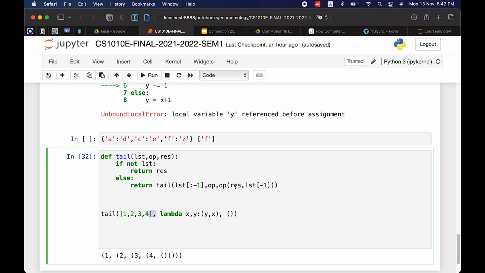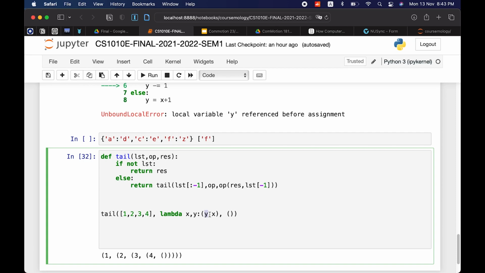So we go to the operation, which is this lambda function. We pass in res and the last element of this list, which is 4. So this is res, and this is 4. We flip them around, and then we get the new result.